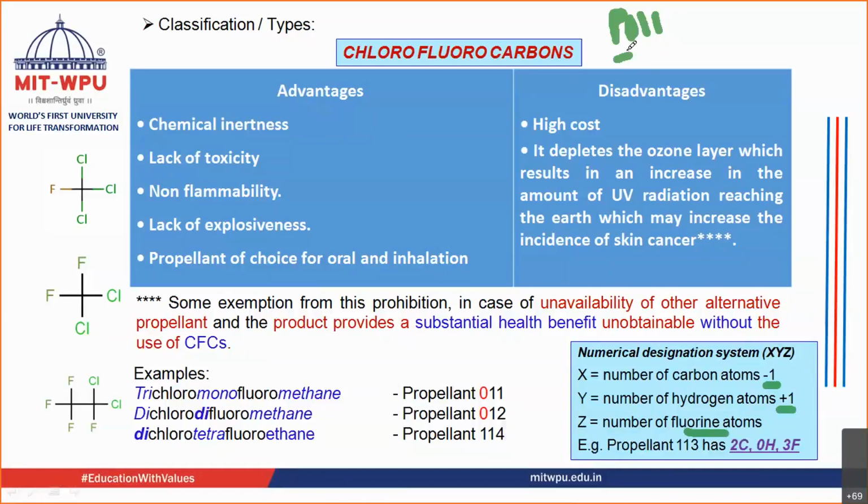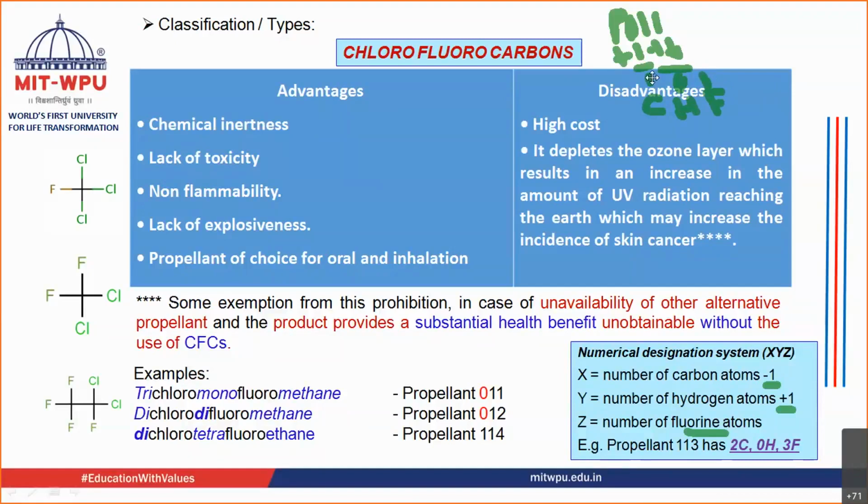You have to add 1 over here and you get the number of carbon atoms. You have to subtract 1 from here, you will get the number of hydrogen atoms, and this is equivalent to the number of fluorine atoms. So if you add 1, the number of carbon atoms becomes 1 over here. The number of hydrogen atoms, you subtract 1 from here, becomes 0. Okay, so this is the number of hydrogen atoms, and the number of fluorine atoms comes as 1, right?